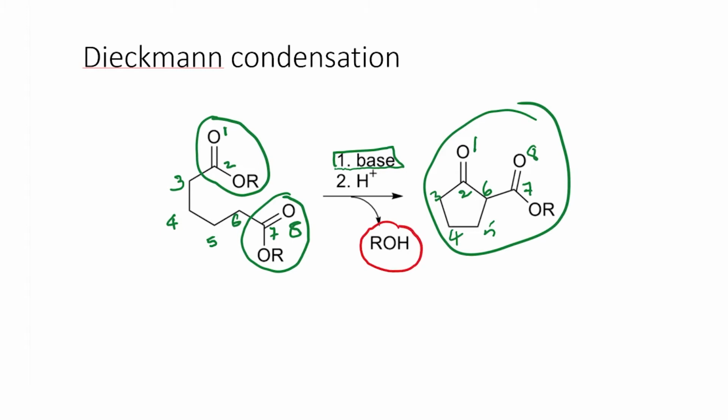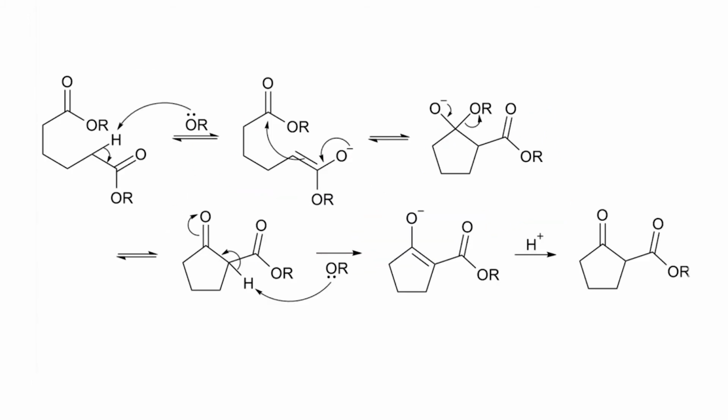When you're given a reaction such as this, you need to first systematically look at the reaction and then find out what are the parts that are missing and what are the parts that are actually combining to give you the product. So with this background, now let's look at the mechanism. The first obvious thing that we will propose is to form the enolate. And so the enolate can be formed in the following manner. And now to this enolate, you can then propose an intramolecular reaction to give you this kind of a tetrahedral intermediate. And then this tetrahedral intermediate collapses and gives you this keto ester compound.